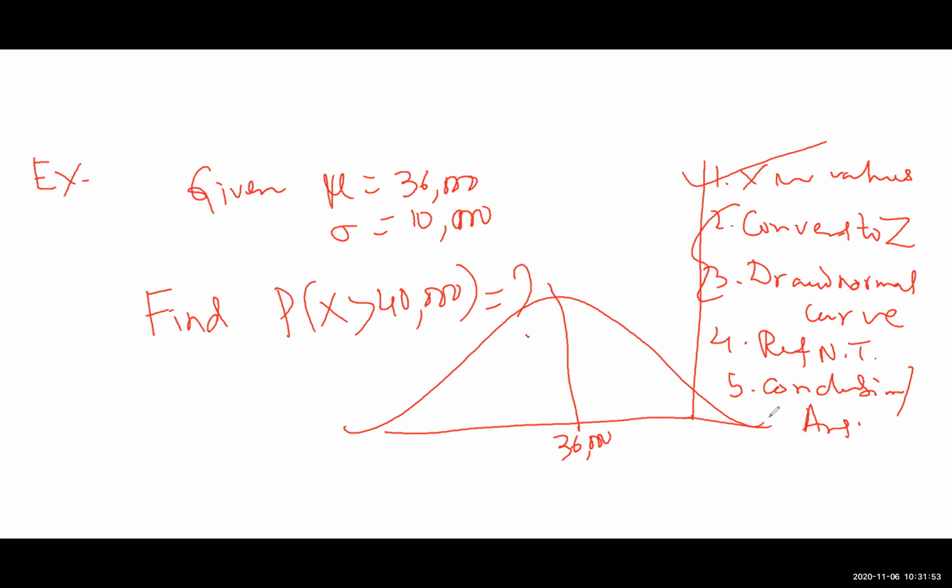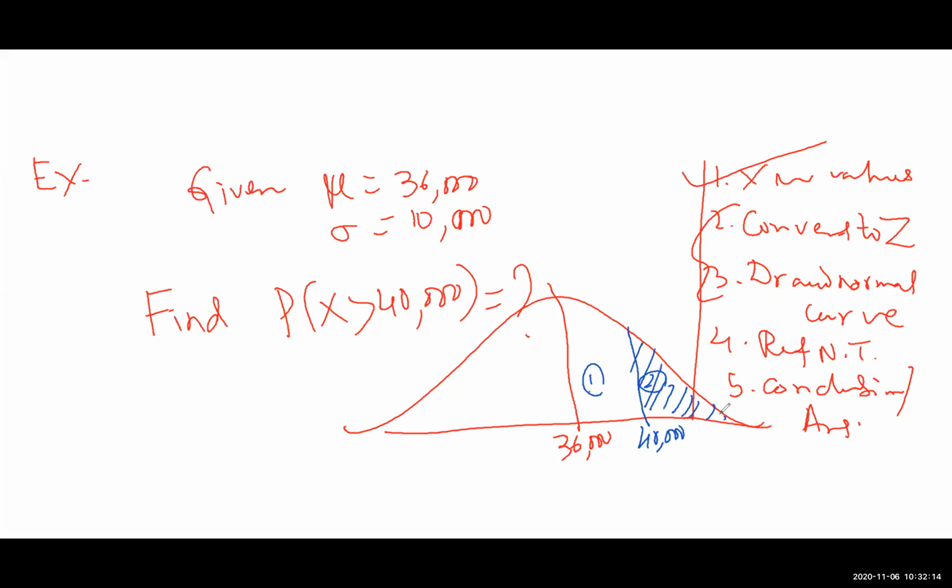So 40,000 will be on the left hand side? No, sir. Right hand side. Oh, you are awake. I was just checking. Okay. So 40,000. All of you write 40,000 here. So more than 40,000 will be this side or this side? Side 1 or side 2? Side 2. Okay. This is what I wanted from you.